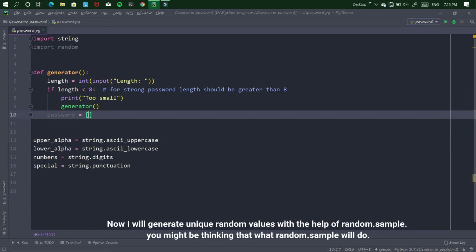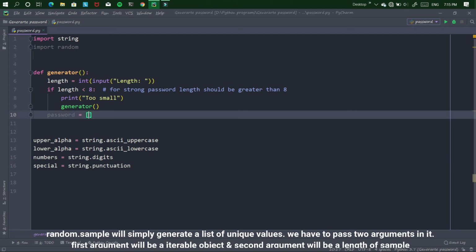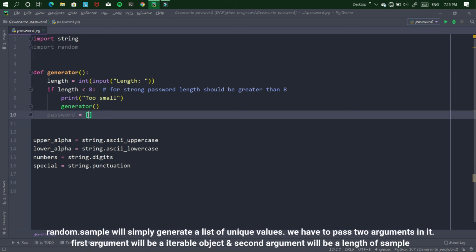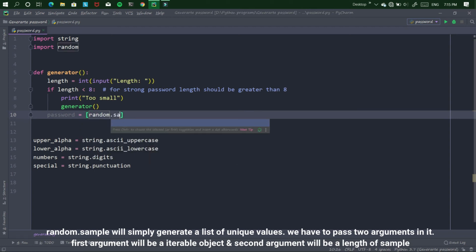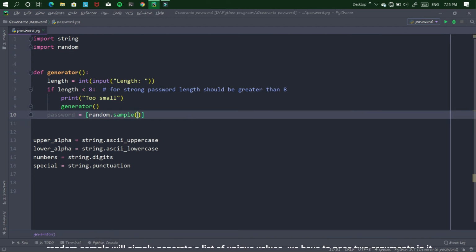Now I will generate unique random values with the help of random.sample. You might be thinking, what does random.sample do? Random.sample will simply generate a list of unique values. We have to pass two arguments in it. The first argument will be an iterable object and the second argument will be the length of the sample.